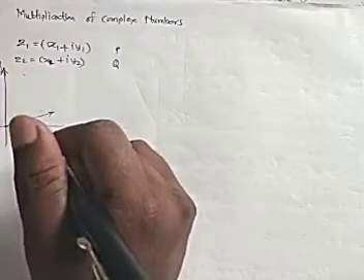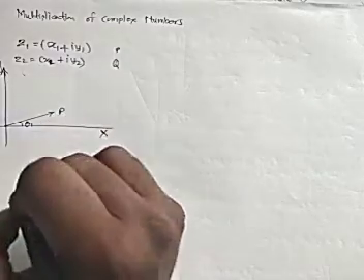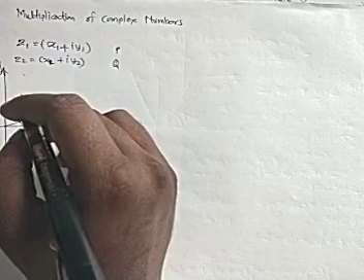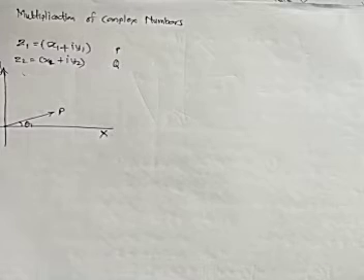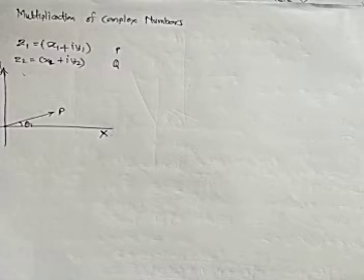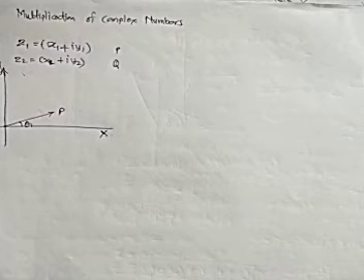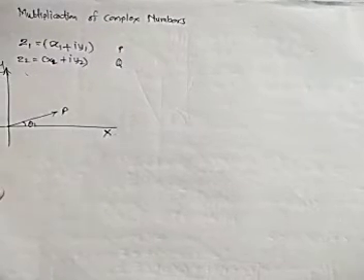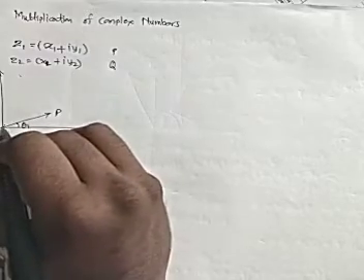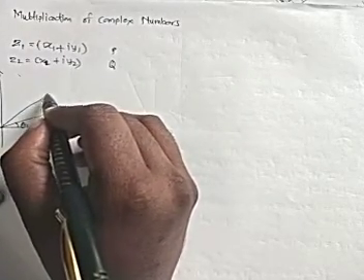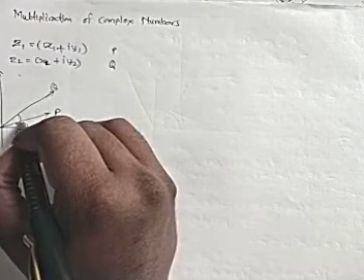This represents point P, and the second line represents point Q